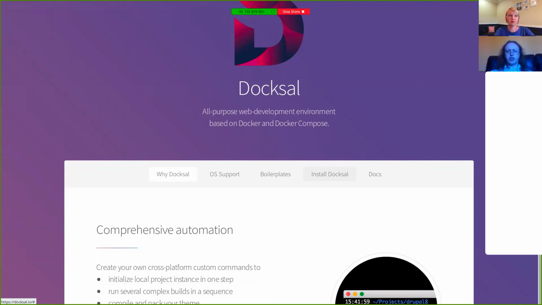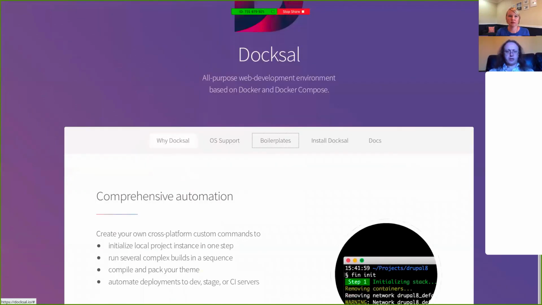background colour of boilerplates and install Doxel isn't so strong. It would be a stronger style for hover if it drew a border around the thing that you're hovering on. How does it look with keyboard navigation? Fine, it looks okay with keyboard navigation. What I'm seeing here is that they haven't suppressed the default browser style. This is Firefox. I'm seeing a 1 pixel dotted outline. Is it dotted? I think it's dotted.